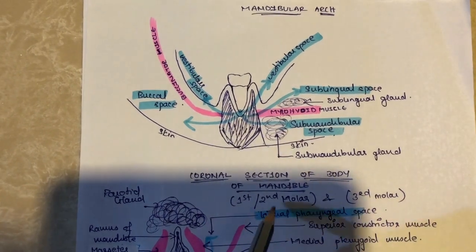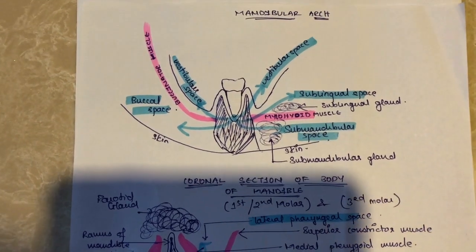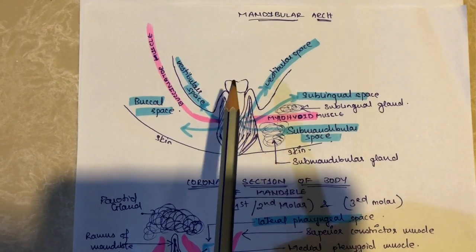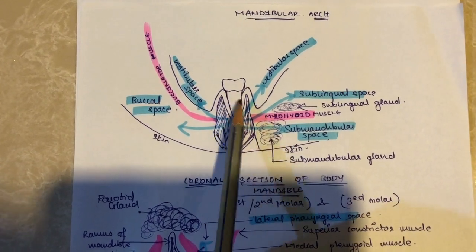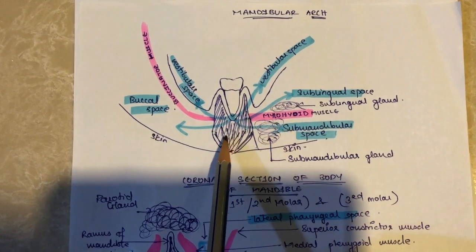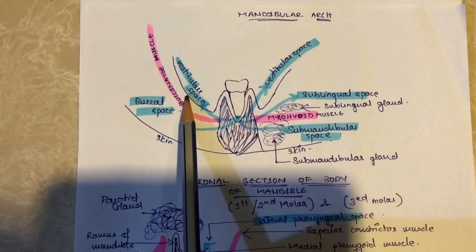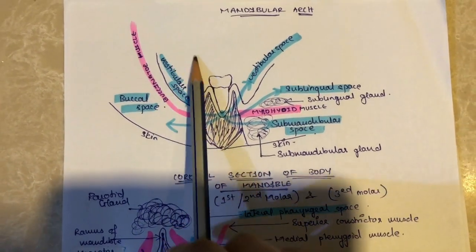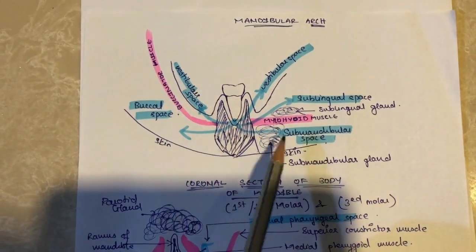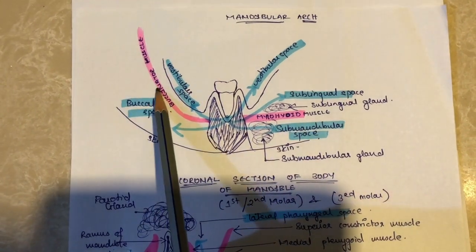So this is the coronal section of the body of the mandible. Sorry for the bad diagrams guys, but yeah, it is informative. So imagine this as a first, second or third molar. This is the buccal cortical plate and this is the lingual cortical plate and this is the basal bone. This area is the vestibular space area. The pink color shows the muscles, that is this one is the buccinator muscle and this is